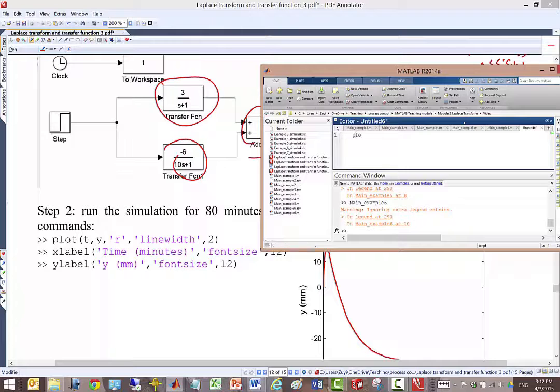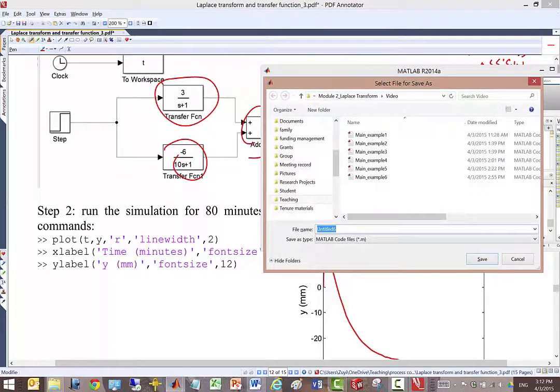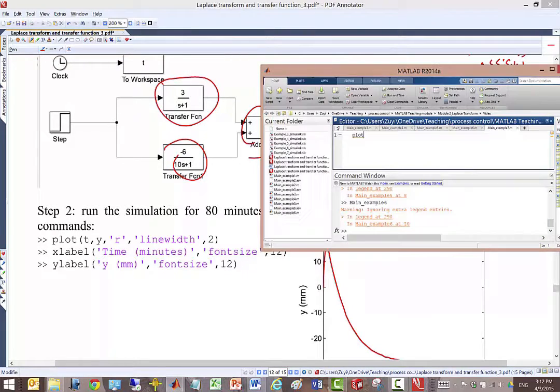So you just plot it, save it first, Control S. Here 7, and then plot T, Y, flat line width 2, x label